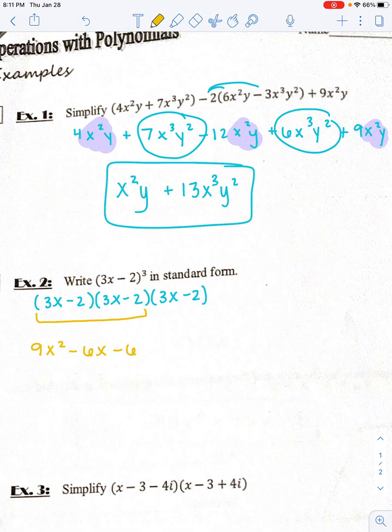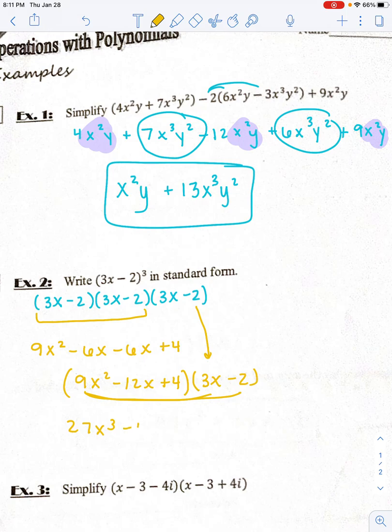So if I do this one, I've got 9x squared minus 6x minus 6x plus 4. Right, that would become 9x squared minus 12x plus 4. I'm going to bring this one down. 3x minus 2. All right, so I've got 9x squared times 3x, so I've got 27x cubed. 9x squared times -2,